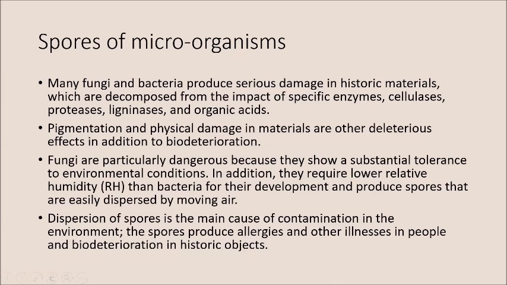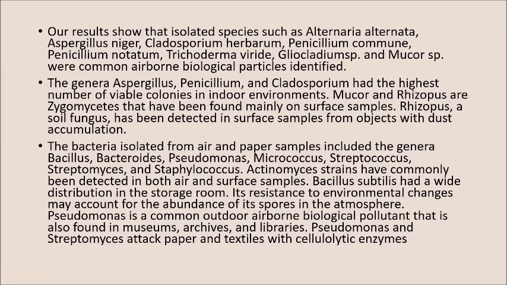And as I was talking about, in the next slide, we have done so much research in all these decades, and now we know which main species are always there in the environment, even inside buildings, historical buildings, archives or museums. And some of these I have identified myself in my master's dissertation. Alternaria alternata was there, Aspergillus niger was there, Cladosporium herbarum, and Penicillium communae, Penicillium notatum, Trichoderma I had also found,